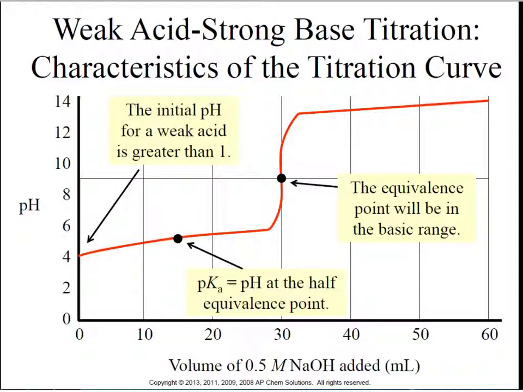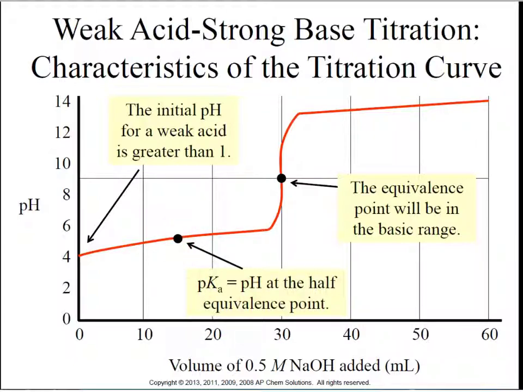And you notice this one looks a lot different than the strong acid strong base. So once again, we can recognize a weak acid strong base titration by its curve. In this case, we are starting with a pH that is slightly higher, and that's because it's a weak acid, so it doesn't have as many H pluses as a strong acid would. And then the increase right here is a little bit curved and a little bit steady, so it's almost exponential as it goes up. And so right here, this would be the values we just looked at, where the pKa